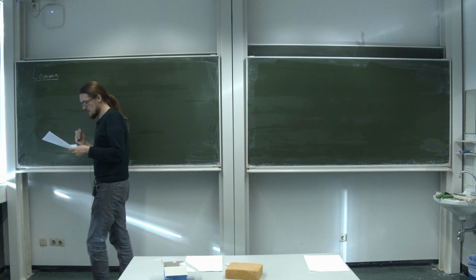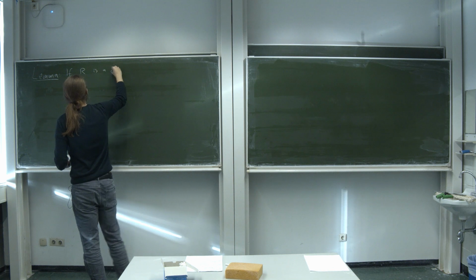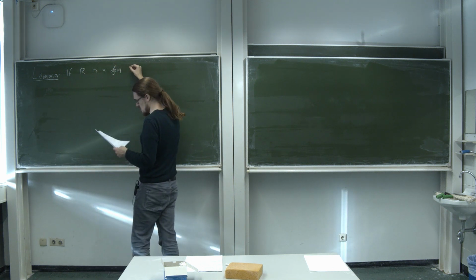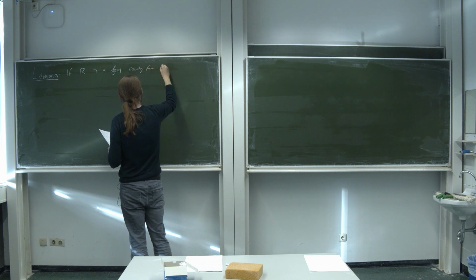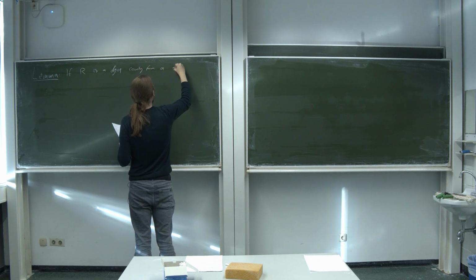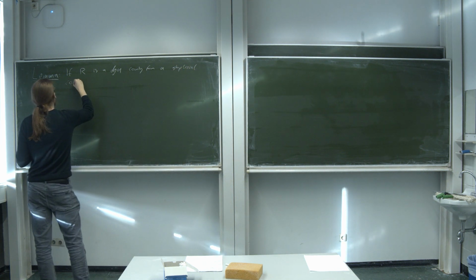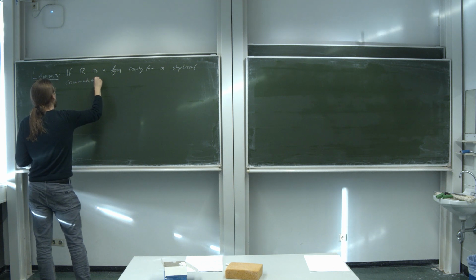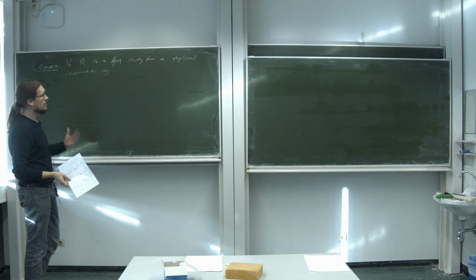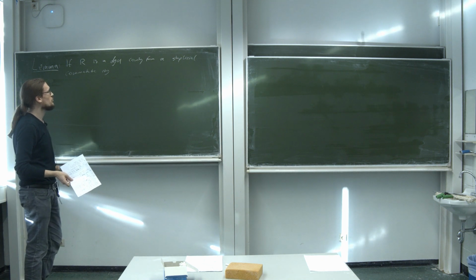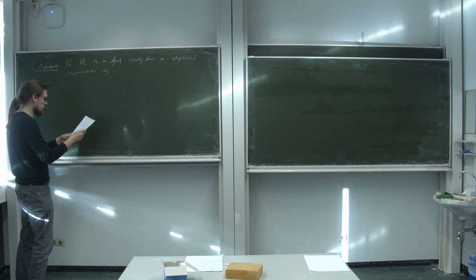The correct statement here is that if R is a DGA which comes from a simplicial commutative ring, again via Eilenberg-Zilber, the underlying chain complex of a simplicial commutative ring comes with a DGA structure,